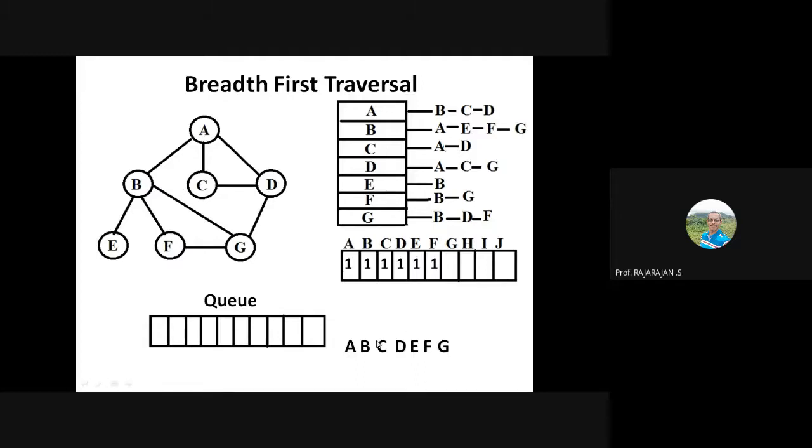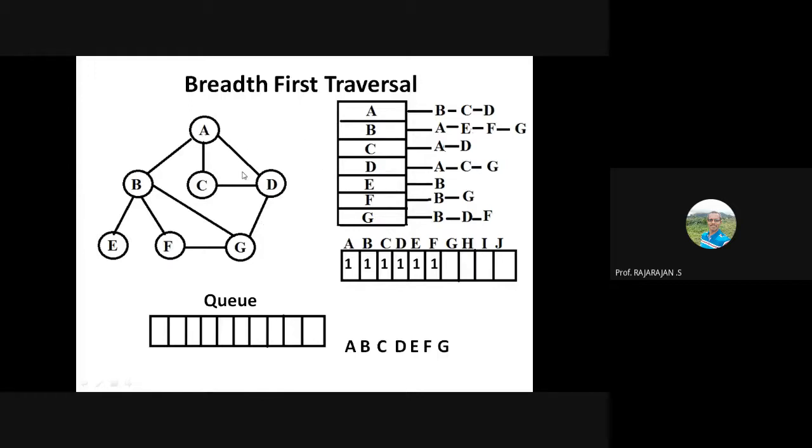If you look at the result, what happened is that A followed by all the adjacent vertices of A are visited. So you can see in the result that unlike the DFS, which keeps jumping from one level to another level, the BFS is completing one level at a time before moving on to the next level. So from A, it visited all the adjacent vertices of A, and then it visited all the adjacent vertices of B, followed by adjacent vertices of C, and so on. So this is what we refer to as the breadth first traversal or BFS.